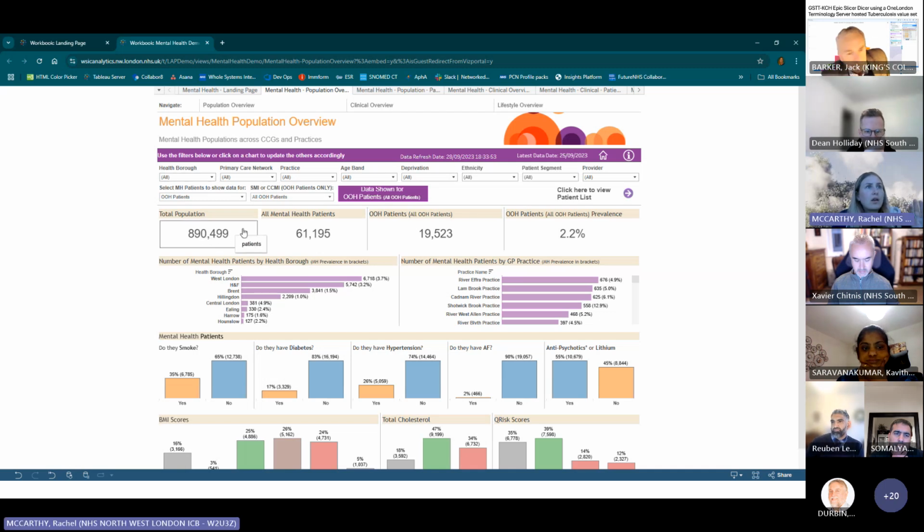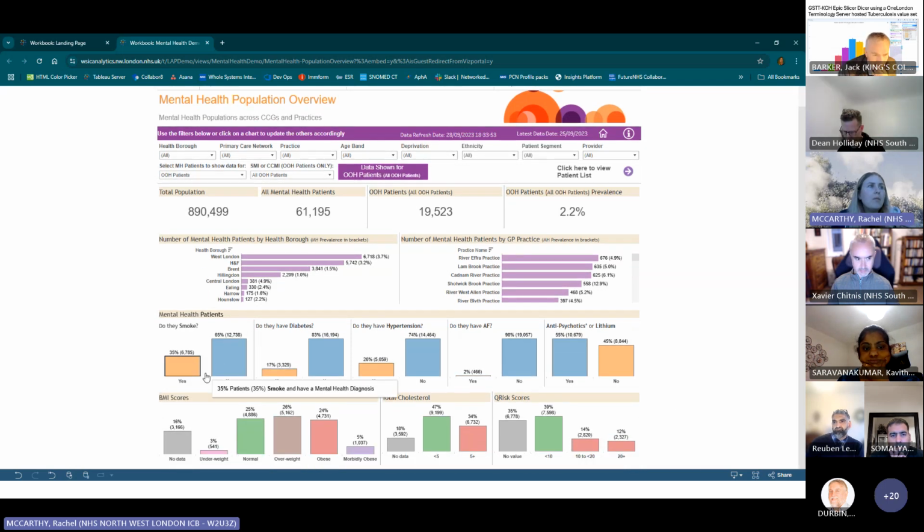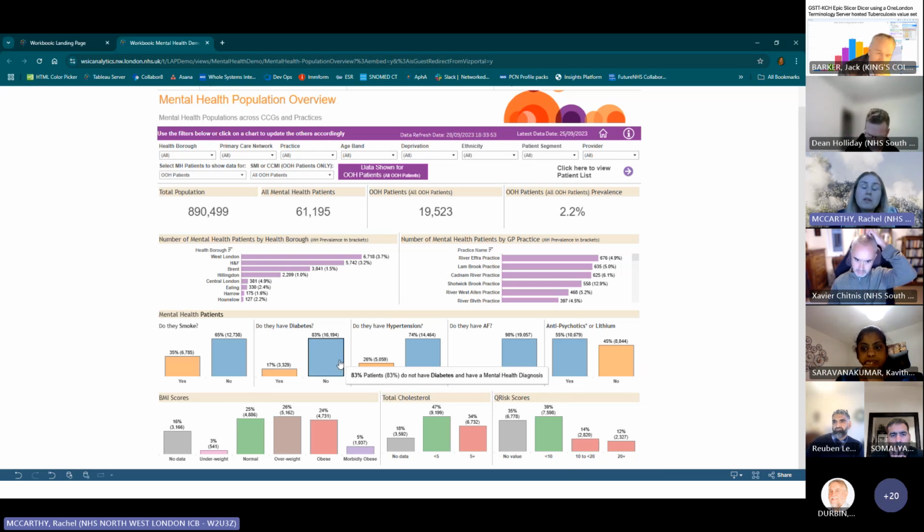We can see our KPIs first of all, and then a split by borough and a split by practice. And then the next set of graphs underneath, driven by the clinical requirements, includes some of these metrics that we might see across different dashboards. And that's so that we can see